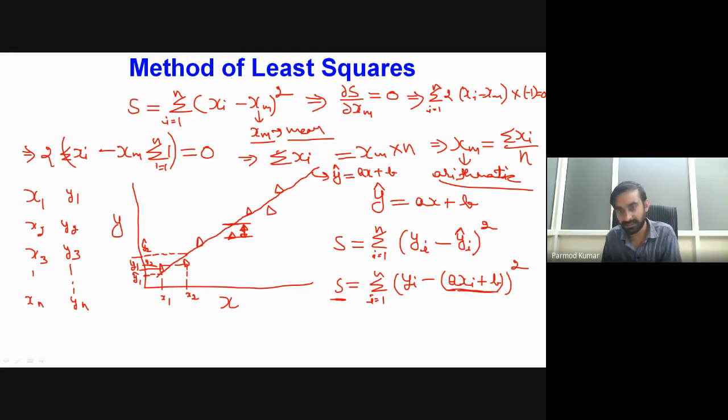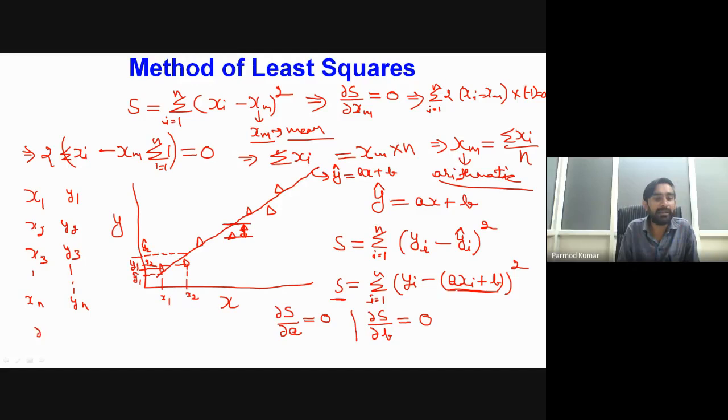In this expression, you can see we have the two constant values a and b. We have to select the values of these constants in such a way that the value of S we are getting is minimum. So mathematically it has become a problem of minimization, and for minimization we have two parameters, a and b. So we will calculate del S divided by del a and make it equal to 0. Similarly, we will calculate del S by del b and consider it equal to 0.